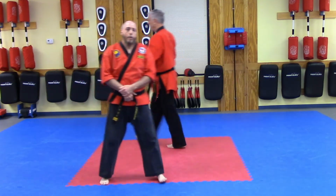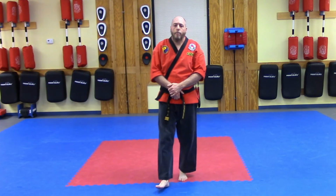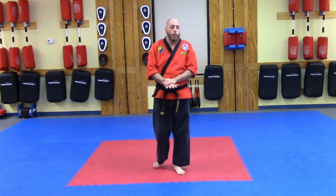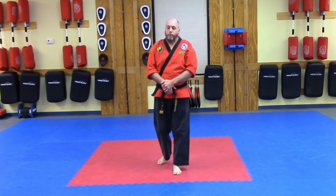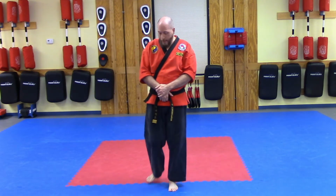Excellent. Backfist strike. Very versatile. Actually, you can use it on either one of those targets. They both work really, really well. So you can't get a lot of power on the paper, but we're really just working technique more than power. Now, the last thing that we're going to look at today is going to be the backfist strike